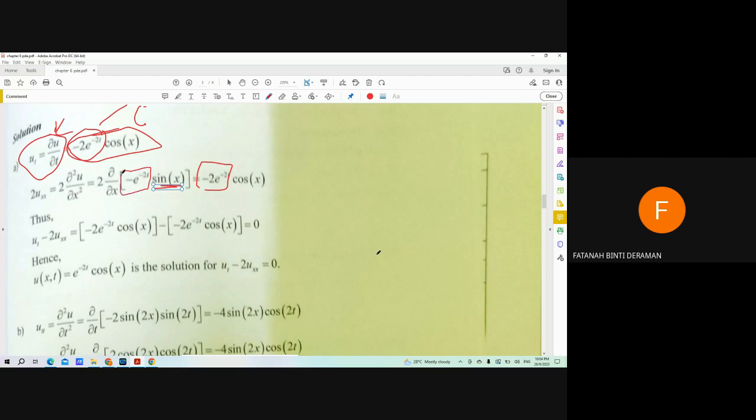And then cos, when we differentiate cos, you get negative sin. Differentiate sin, we get cos. So differentiate cos, we will get,